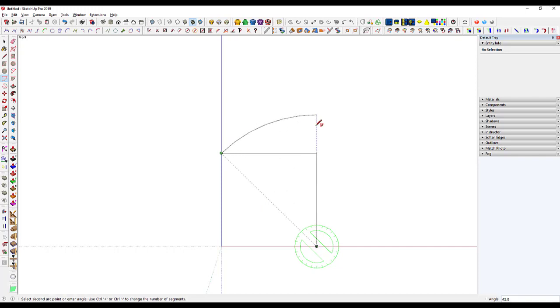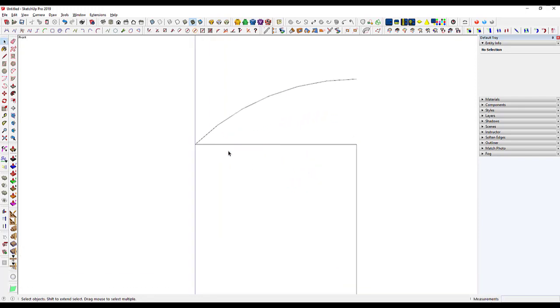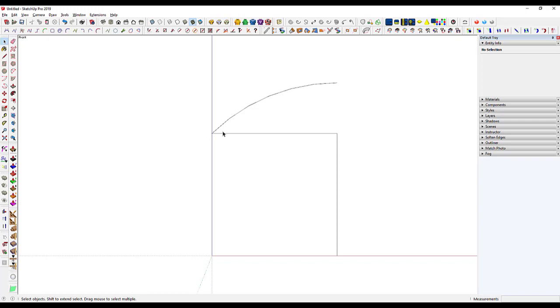And I'm going to come up to vertical. And currently I only have a few segments in this arc. It doesn't really matter how many you have. You can see it's kind of coarse, but all we really care about are the endpoints. So I'm going to make another one. The radius of the next one is